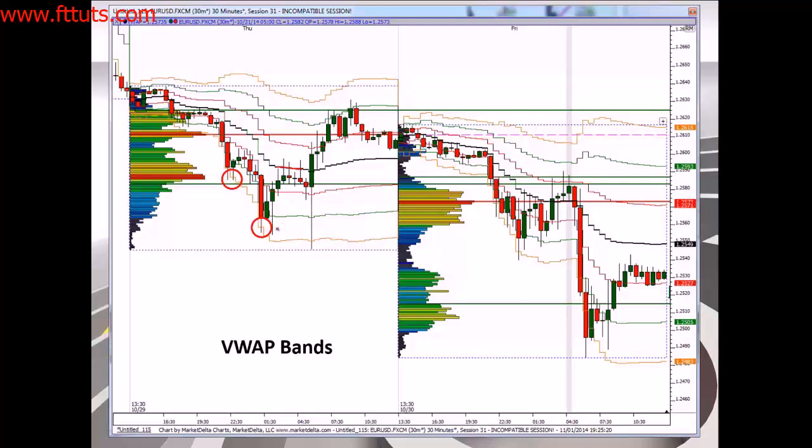Now, notice how on this 2nd retrace up, we do make it all the way up to the volume weighted average level itself. We drop back down, and this is the 3rd time that we actually come down to visit